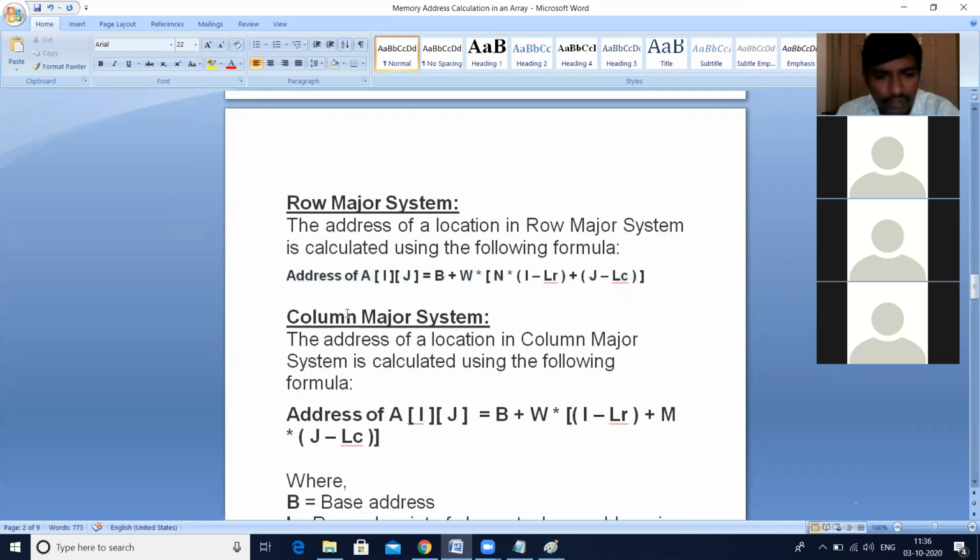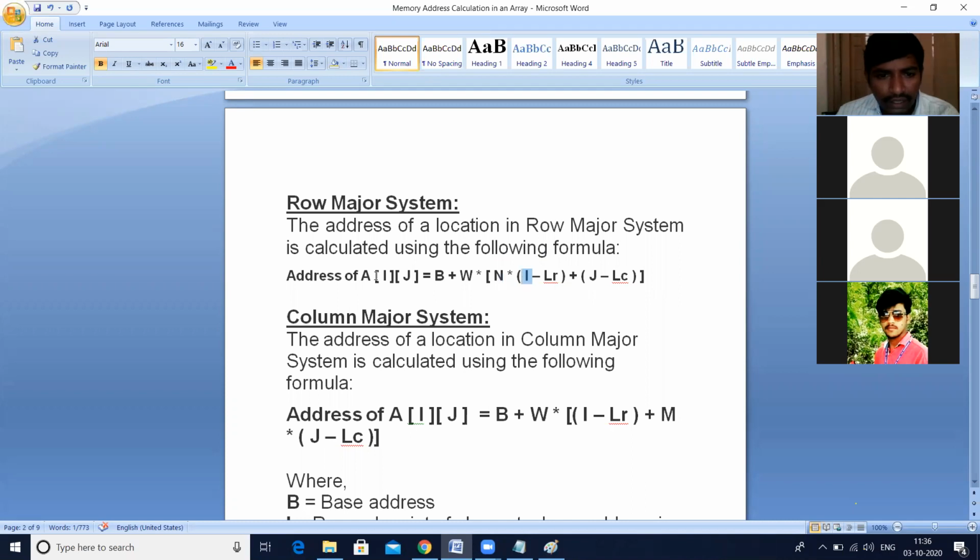See, in this formula, A of i comma j means the ith row, jth column element address we want to find. The formula is base address plus width into the next part, where n means number of columns.